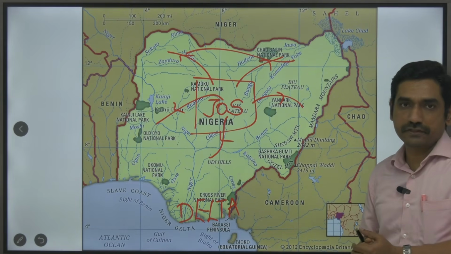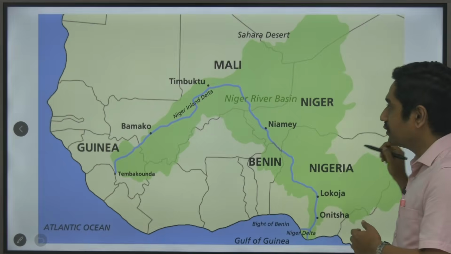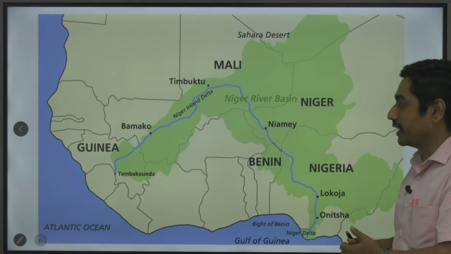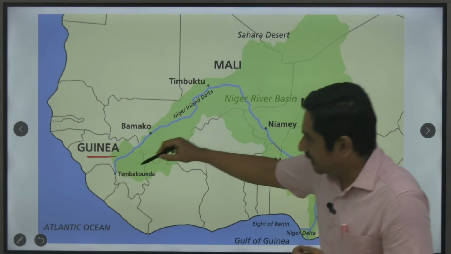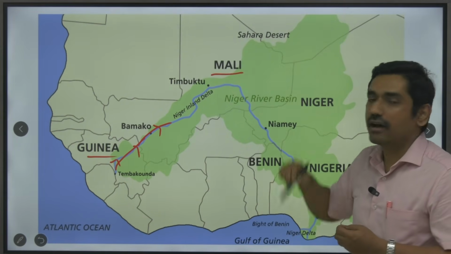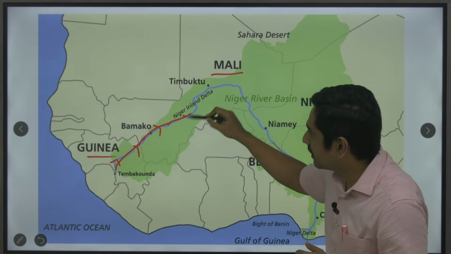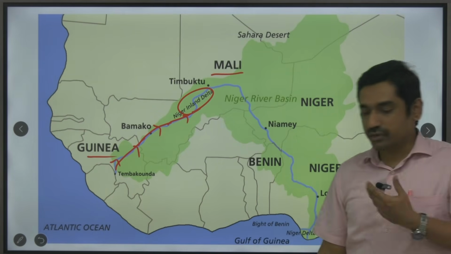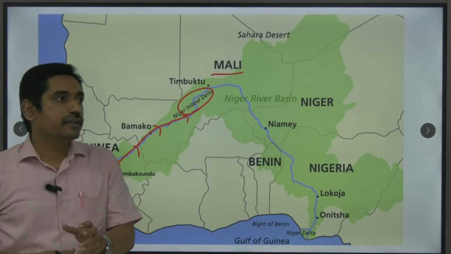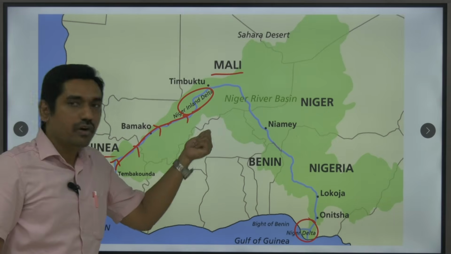Now, talking about different river systems, the primary river system in Nigeria is the river Niger. And as you can see, the river Niger does not really start within Nigeria. It starts way west of Nigeria in the Guinea Highlands. Starting from the Guinea Highlands, the river first flows northward. And in parts of the country Mali, there is a steep depression, and when it enters the depression, it forms a large inland delta. It's pretty interesting because whenever you prepare for your geography and you learn about fluvial deposition systems, you would have learned that a delta is usually formed when the river meets the sea. So we call it an inland delta